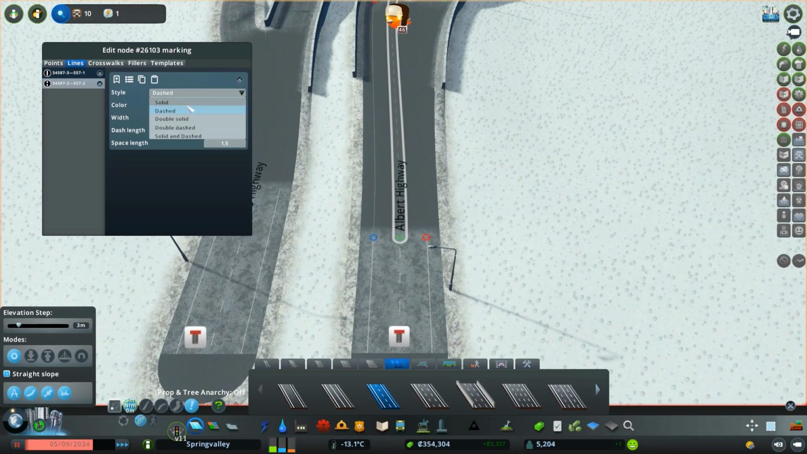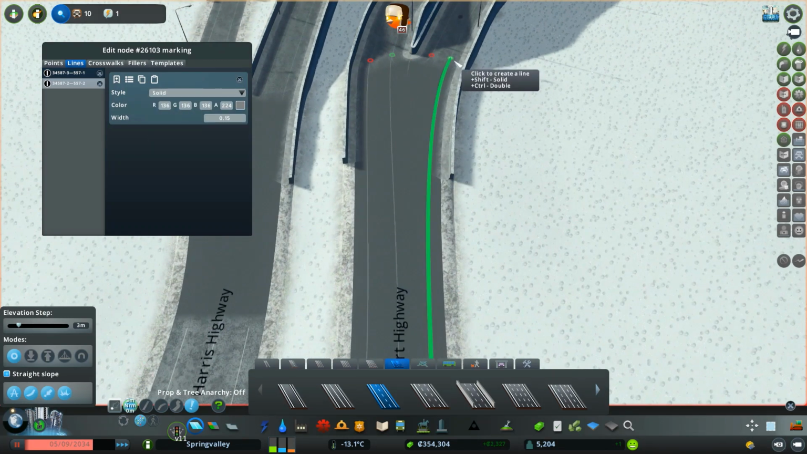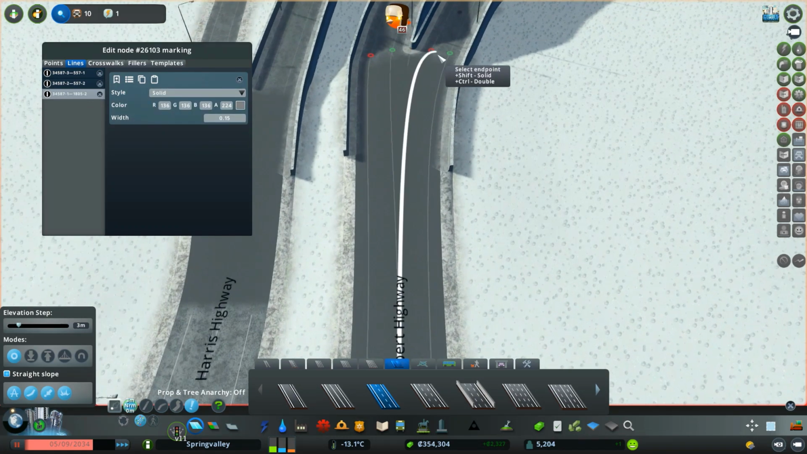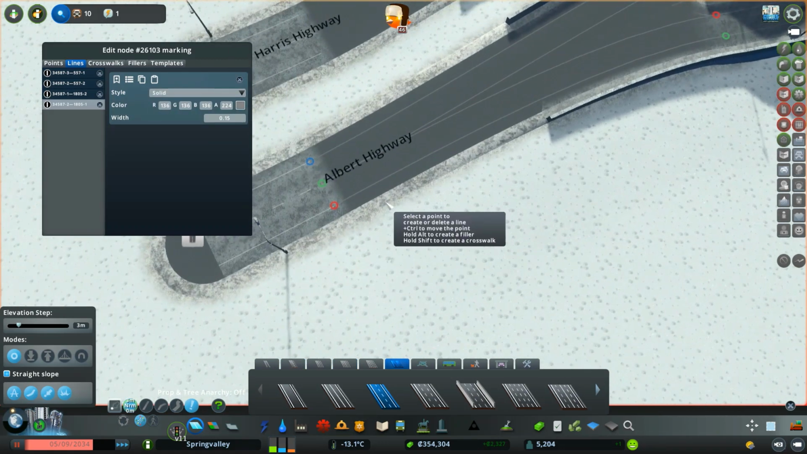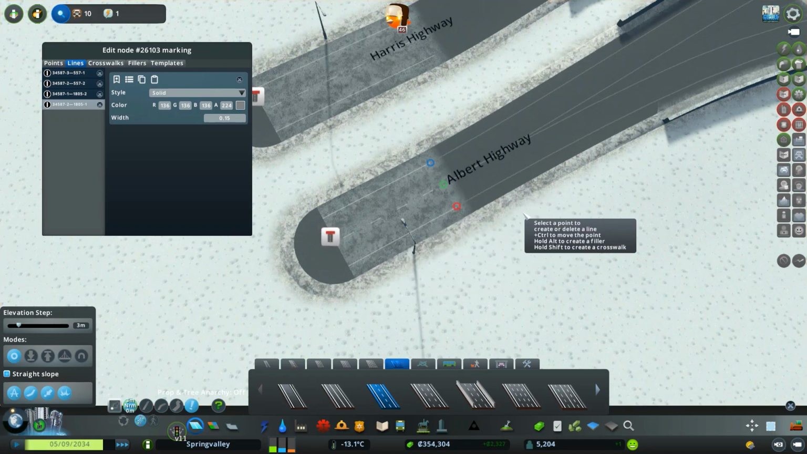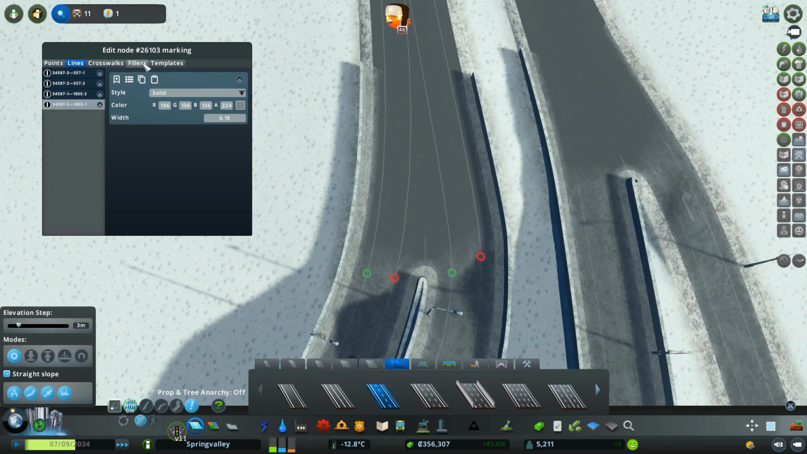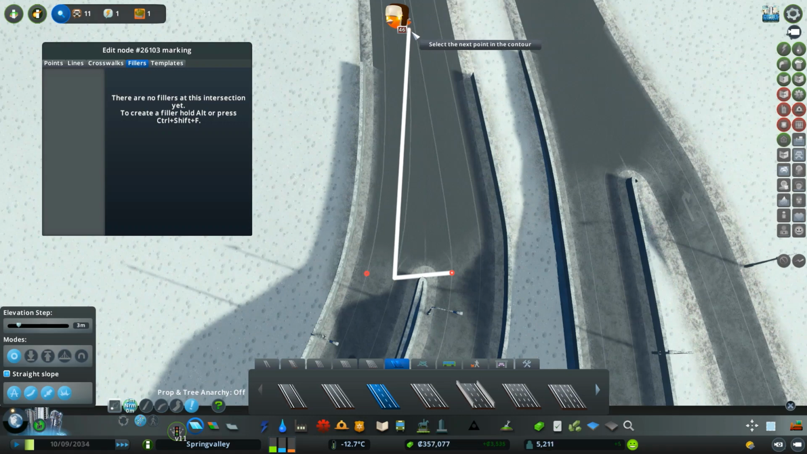So we'll do this, and then that will be a solid line. We'll do this, that's a solid line. And then we'll do this, and it's a solid line. Awesome, so now you kind of see that cars will have to choose their lane over here, and then they'll split off. But there's this empty space here, so what you do is you go to fillers, you hold Alt, and you connect them